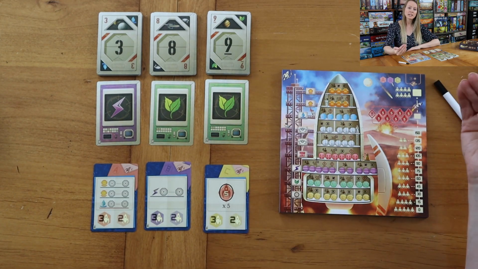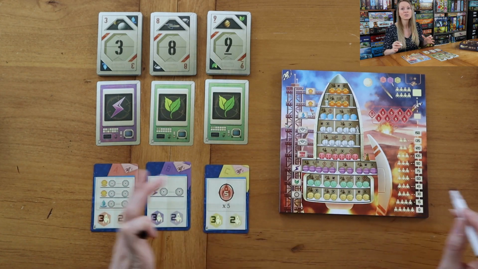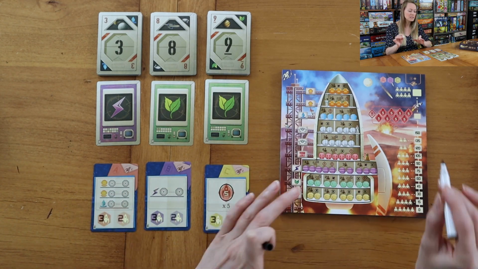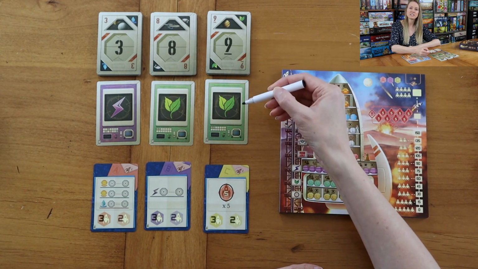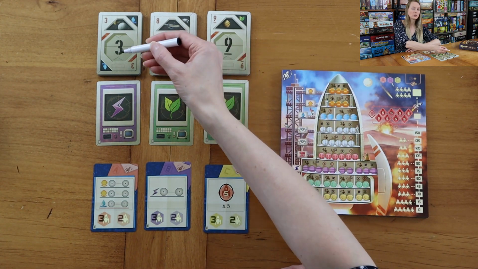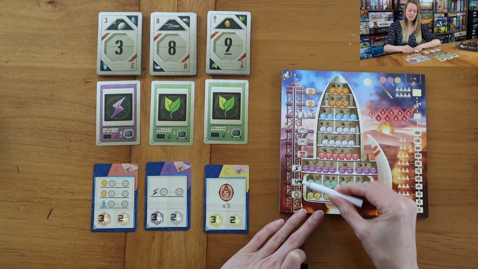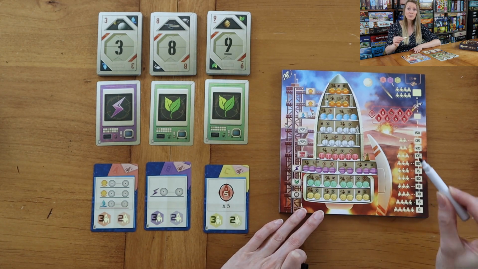When a player wants to take their turn, which is simultaneous, everybody takes their turn at the same time, they take one of these pairs. I can take a 9 plant, an 8 plant, or a 3 energy. And on this very base board, you have the shape of a rocket,